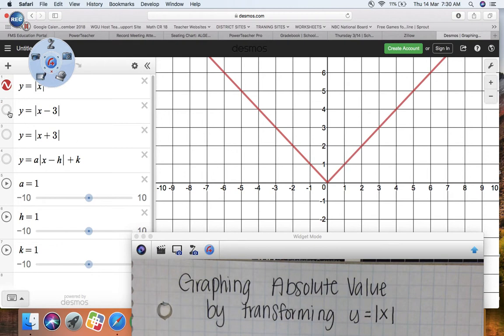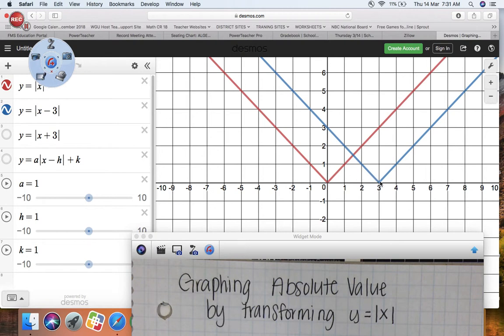So I want to look at two different graphs. Notice this blue one, hopefully you're not colorblind, is y equals the absolute value of x minus 3. Notice this minus 3 is inside of the absolute value. And then this one, the green one, is x plus 3. So I'm going to show that. If we look at the parent function, this red one, we notice the vertex is now 3